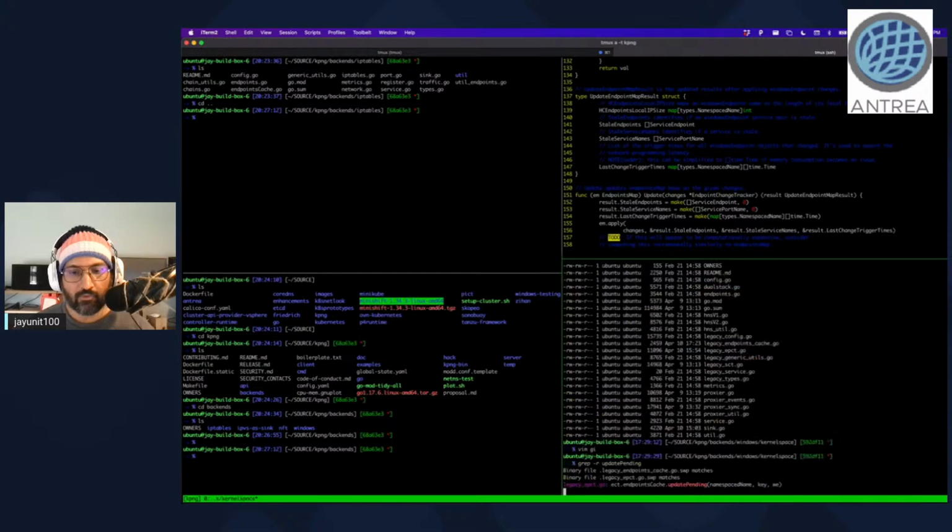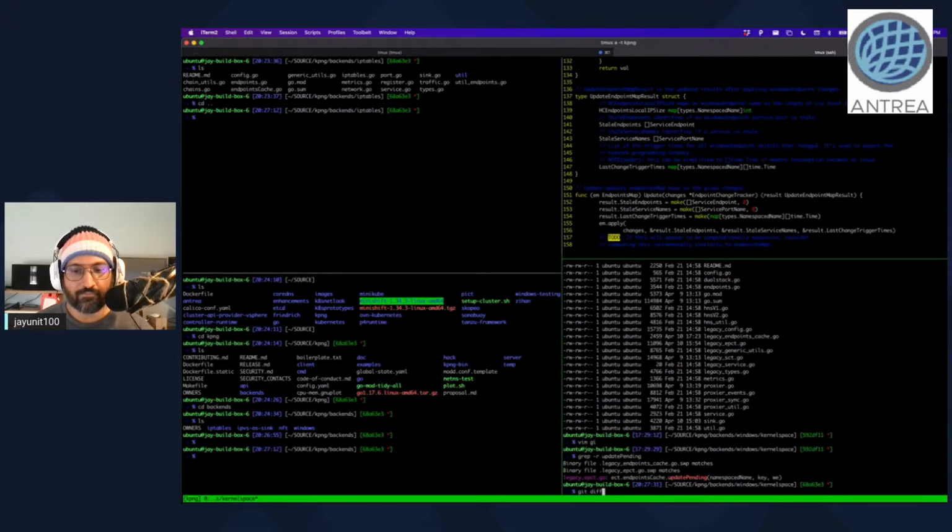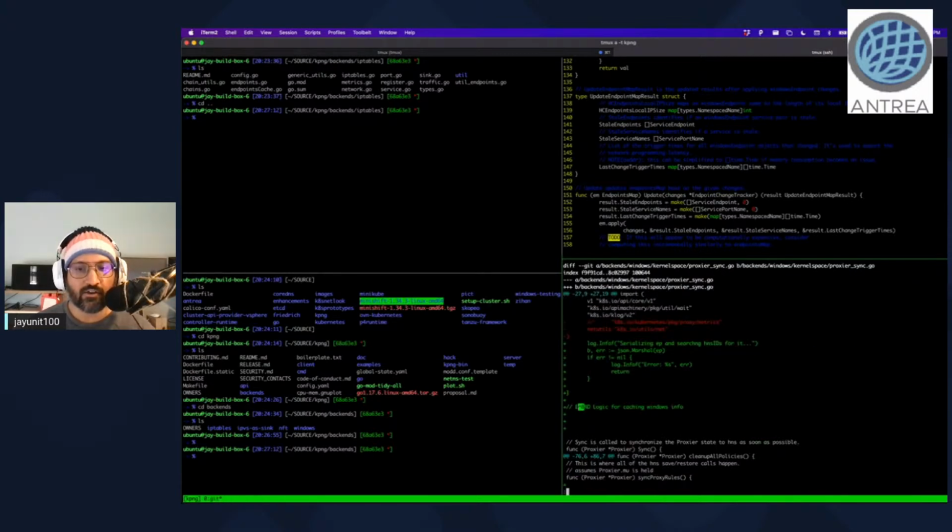So what I'm doing in here is implementing the Windows kernel space proxier to cache HNS objects, which are the Windows-specific equivalent of data model objects that correspond to a new load balancer or a new pod endpoint. That needs to be codified because it hasn't been codified yet in